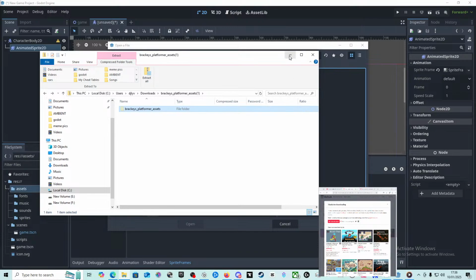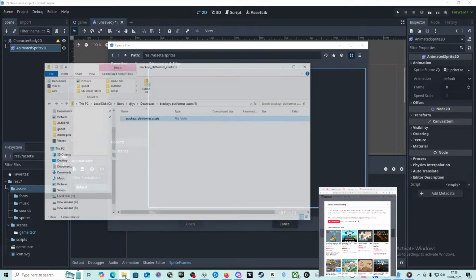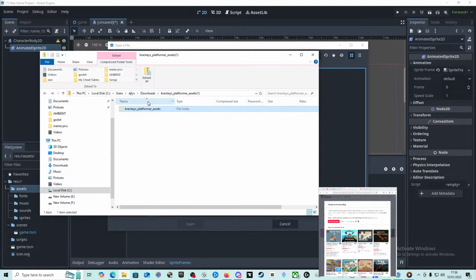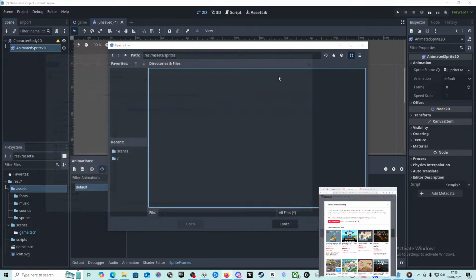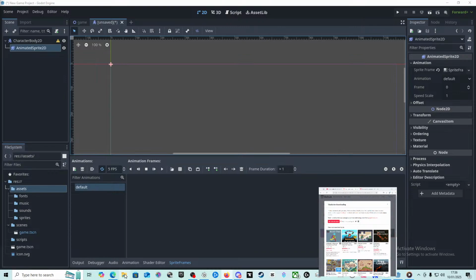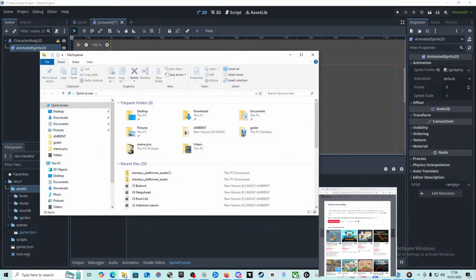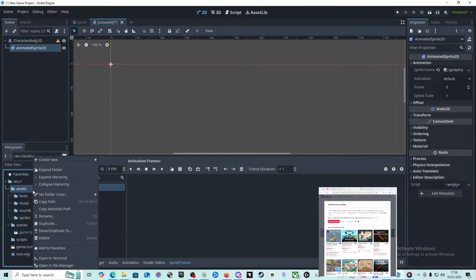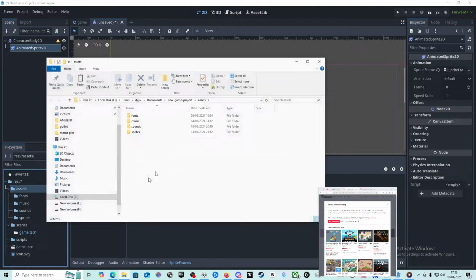So we'll cut that. Let's open it there. Let's delete all of that.